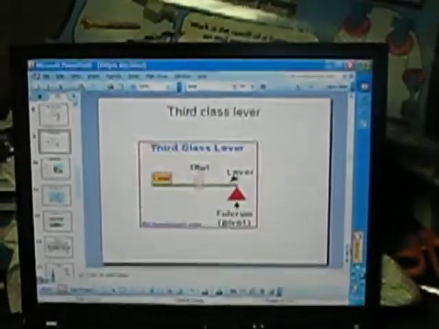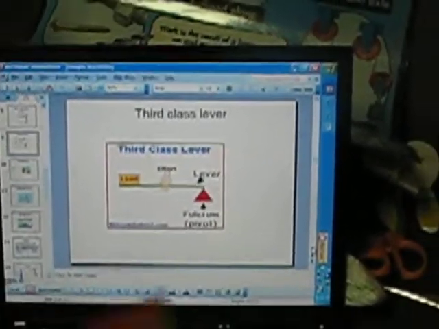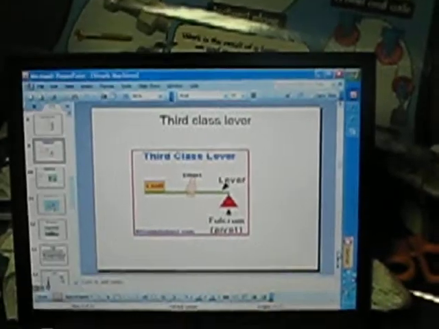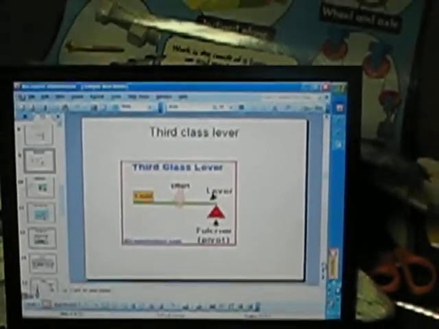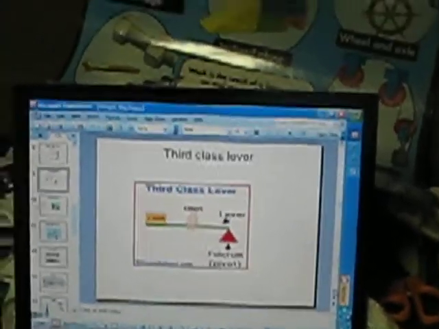A third class lever. As you can see, now the position of the effort is in the center. You have the load on one side and the fulcrum on the other side. A very simple example that uses a third class lever is a fishing rod. Okay, now